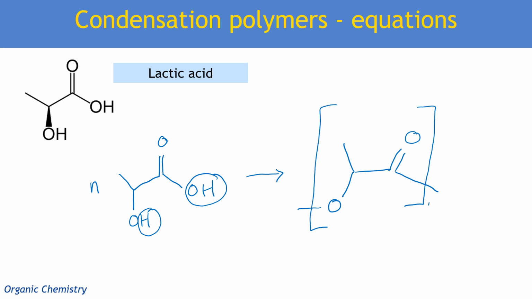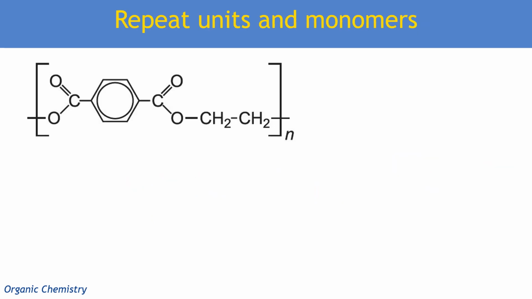much easier to draw. There are going to be N lots of those, because it's only 1 monomer and it's just going to keep joining together, which means there's only going to be N H2O molecules. Weirdly, in fact, there's going to be N minus 1 H2O molecules, but let's not worry too much about the balancing. It's more about being able to draw the repeat units. And of course, like our addition polymers, we need to be able to identify repeat units or identify the monomers